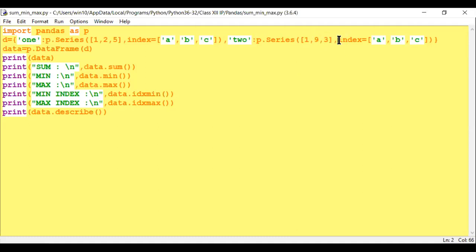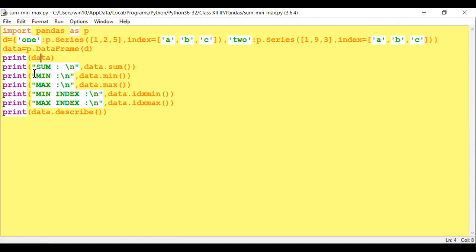Now I am creating an index A, B, C. This will be assigned to the index. Now data equal pd dot DataFrame. You have to write DataFrame here. This data frame you are creating from d, the dictionary. d I am writing here. Print data. What is data? The data frame assigned to data will be printed.